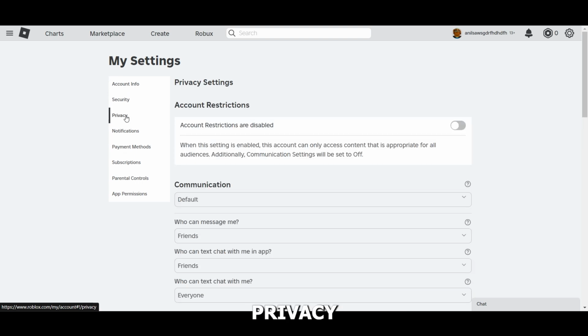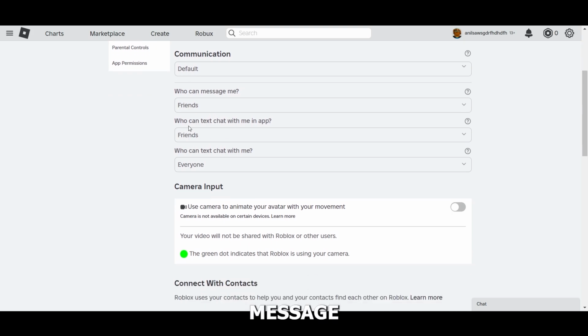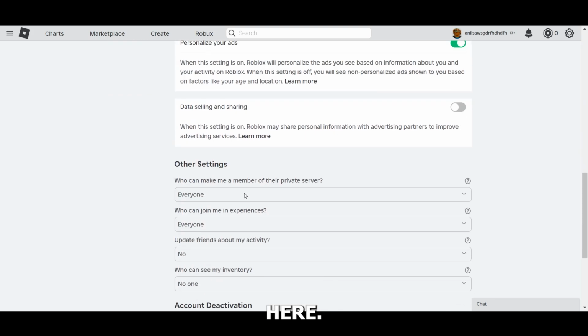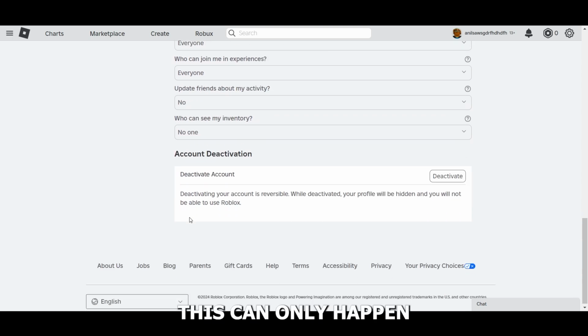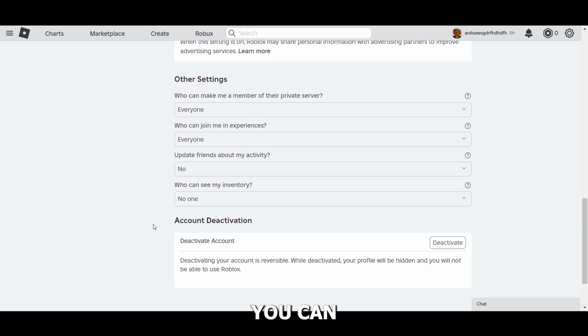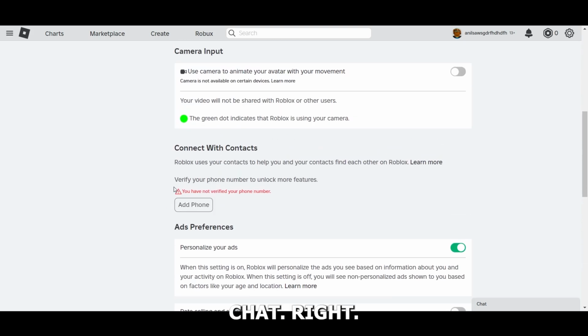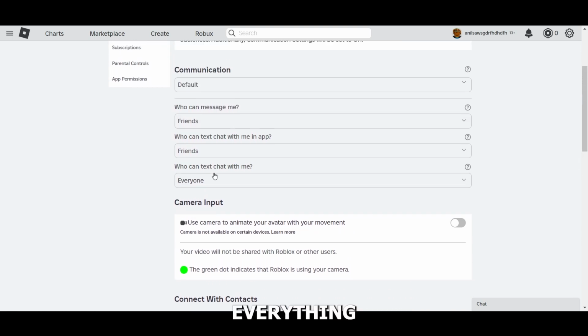Go to the privacy section. Now here inside communication you will see who can text me, message friends, and you can change everything here, and somewhere you will find this option of voice chat. So this can only happen if you have verified your age, and here you can just activate your voice chat, right? So this is really easy, and you can also use your camera input and everything here,